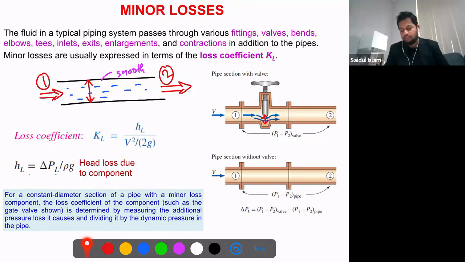So what actually happens? This minor loss is very small. That's why sometimes it is negligible. Let's say you have a long piping network. If you have some bends or some fittings or elbows, then we can say this minor loss is negligible. But